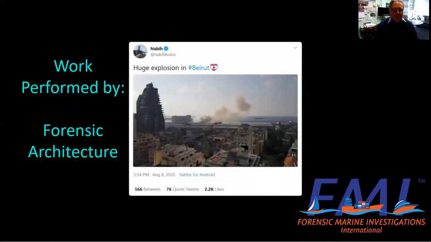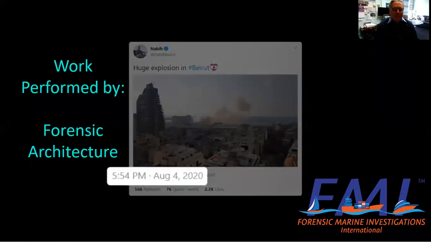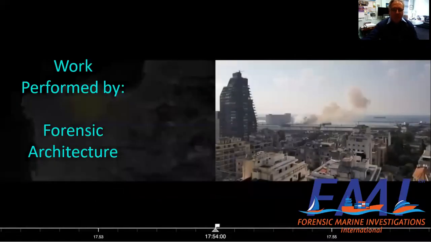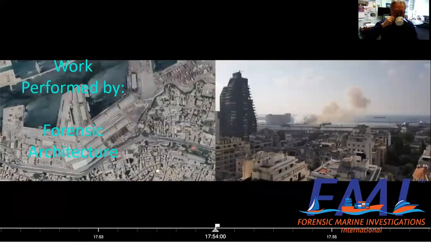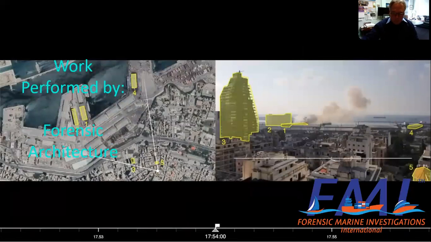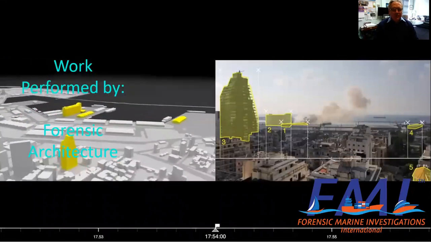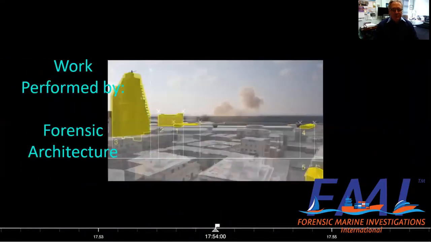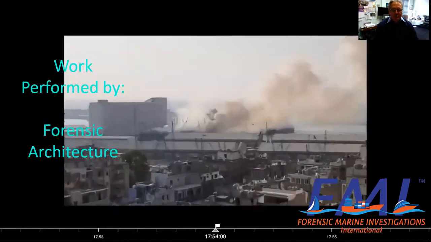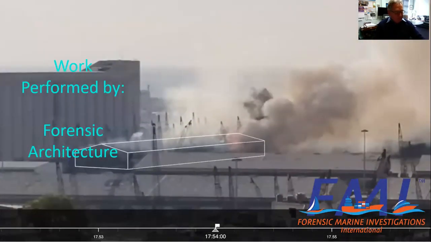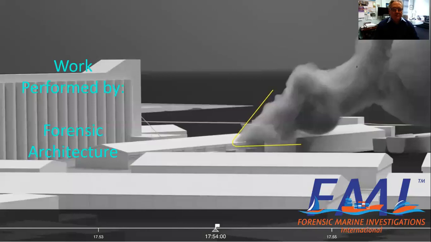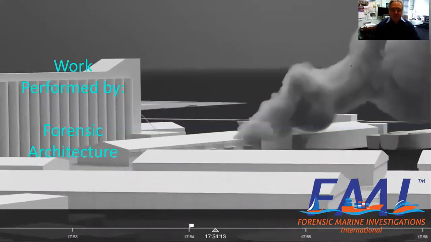The first photograph of the warehouse on fire was uploaded to Twitter at 5:54 p.m. We carefully geolocated this photograph by identifying the key buildings and calculated the camera's cone of vision. In this image, we identified the location of the source of the smoke plume at the northeast corner of Warehouse 12. Smoke plumes are continuously transforming and have a unique shape at every moment. We modelled the plume at this crucial stage to help synchronise other videos without a timestamp.